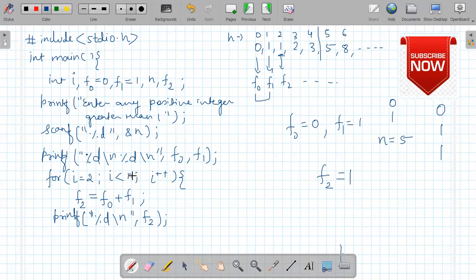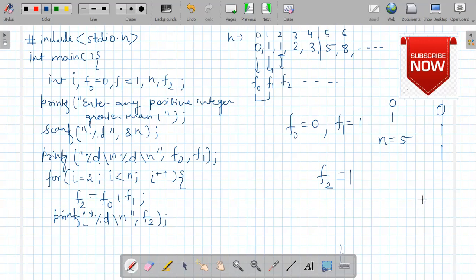It is true, so it will go to this statement and do this calculation again, but we have to change the value of f0 and f1 now. Otherwise it will take the old values and always keep printing 1 1.